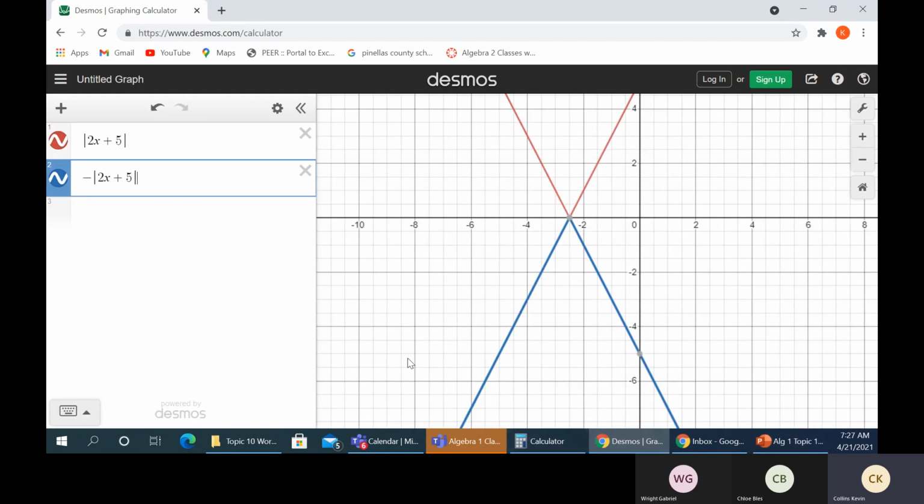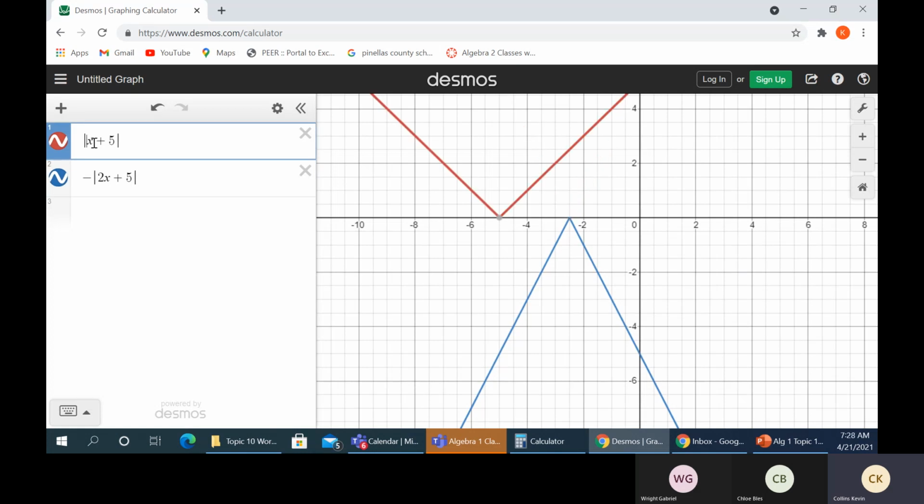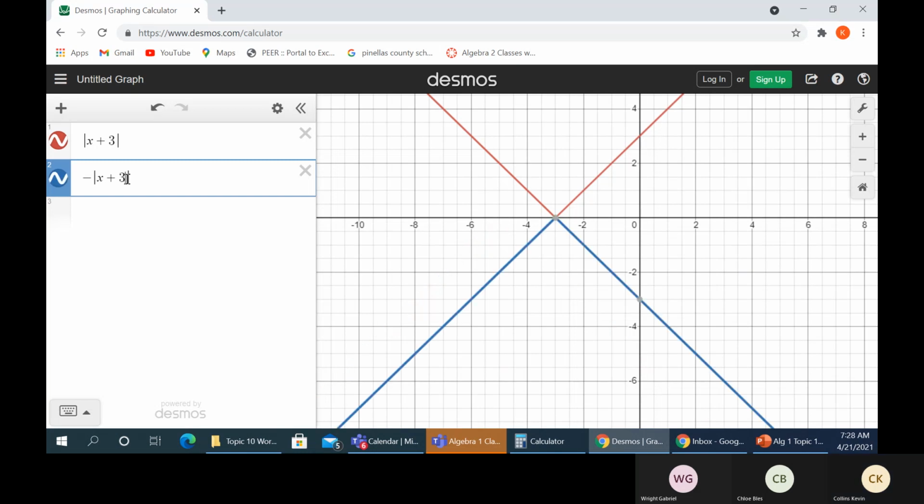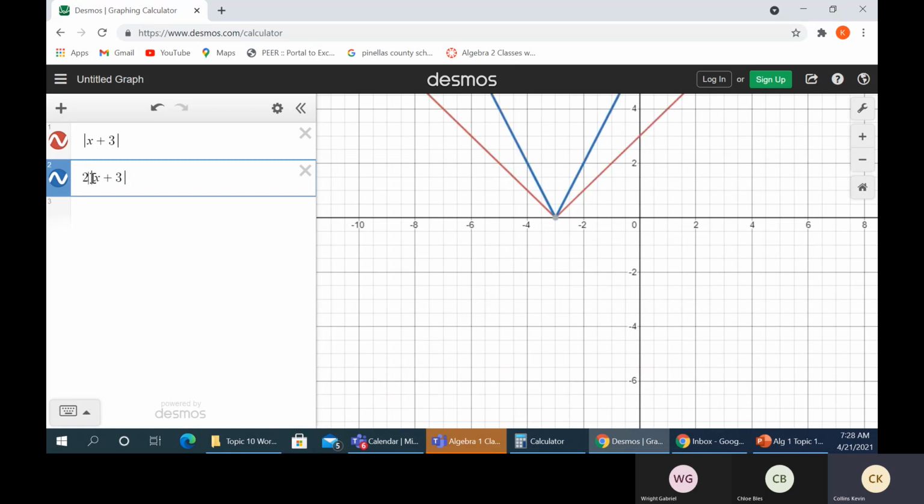All right, so we've already got this guy here. So it was x plus 3, I believe. X plus 3. Okay, so there's our guy. And then this guy would be minus x plus 3. There's our mirror image again, right? So that's if we did a minus, but we don't have a minus. We've got a 2 this time, right? So let's change him into a 2,